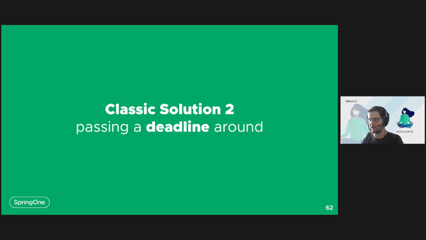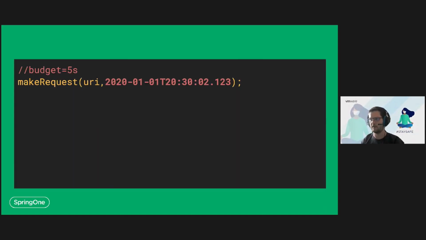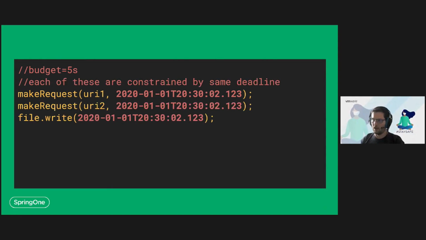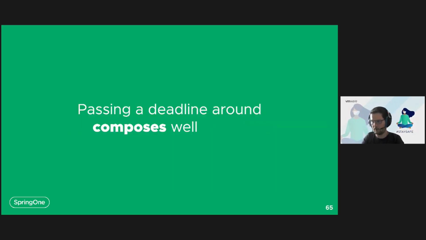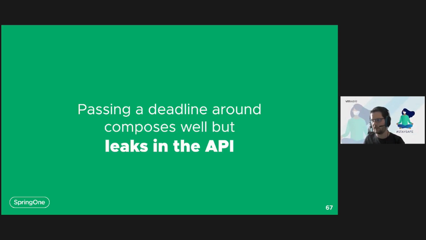Another solution is to pass a deadline around. So instead of passing the timeout, you pass a timestamp. So my budget is 5 seconds. I pass the timestamp of now plus 5 seconds. So we can see that if we have multiple small discrete steps, by passing the same deadline to all the steps, they become constrained by the same deadline. So we wouldn't have the same issue as we had with the timeout. So it composes well, but it leaks into the API,